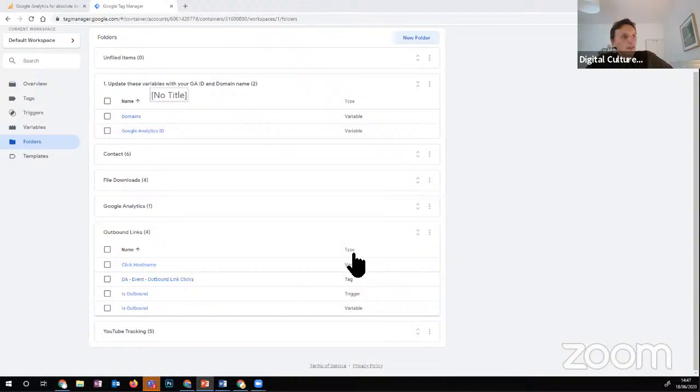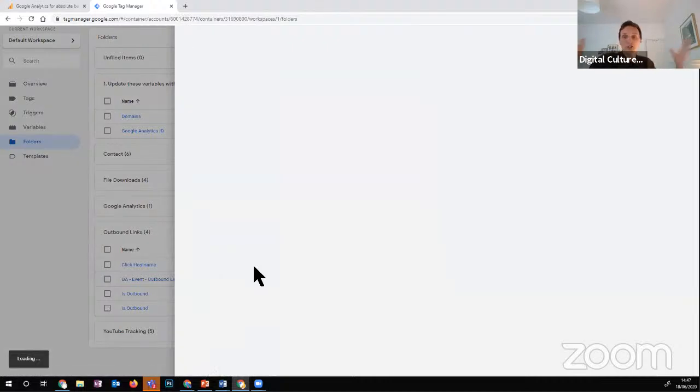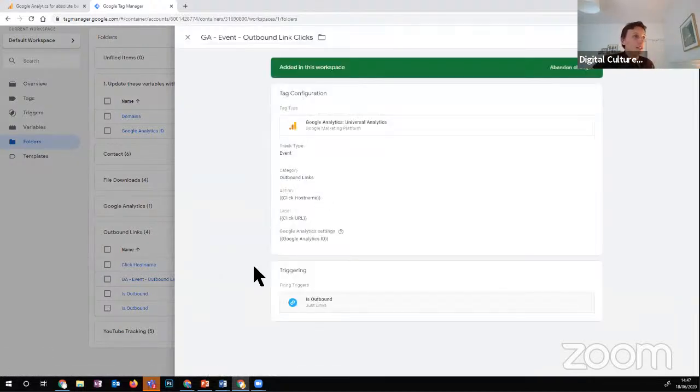Now there's a column that says type, and one's a tag, sorry, 2 are variables and 1 is a trigger. So what I'm going to look at is the tag. The actual tags, this is the structure of how we've set it up. I know this is a lot to take in, so I apologize, but you're going to come out of this knowing everything about a basic introduction to Google Tag Manager, and hopefully it will help you understand it a bit more. What we're saying in this specific tag is, and you don't have to set this up,